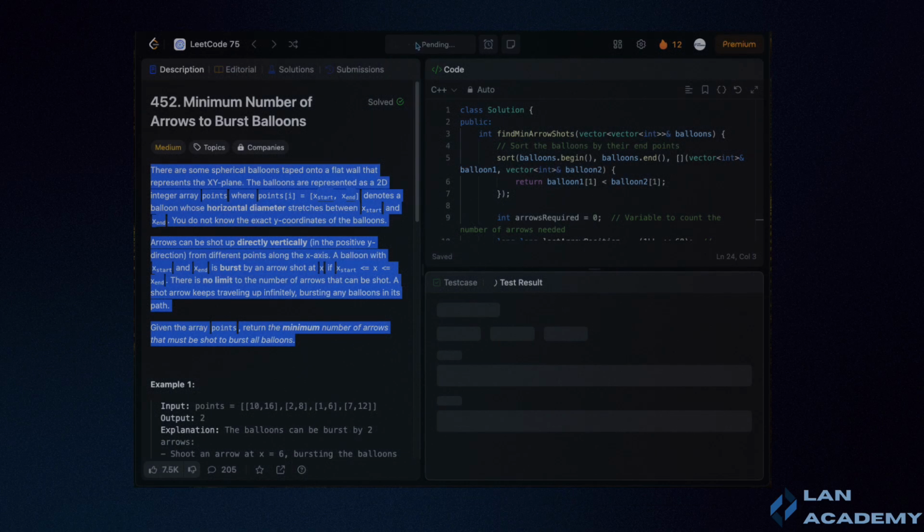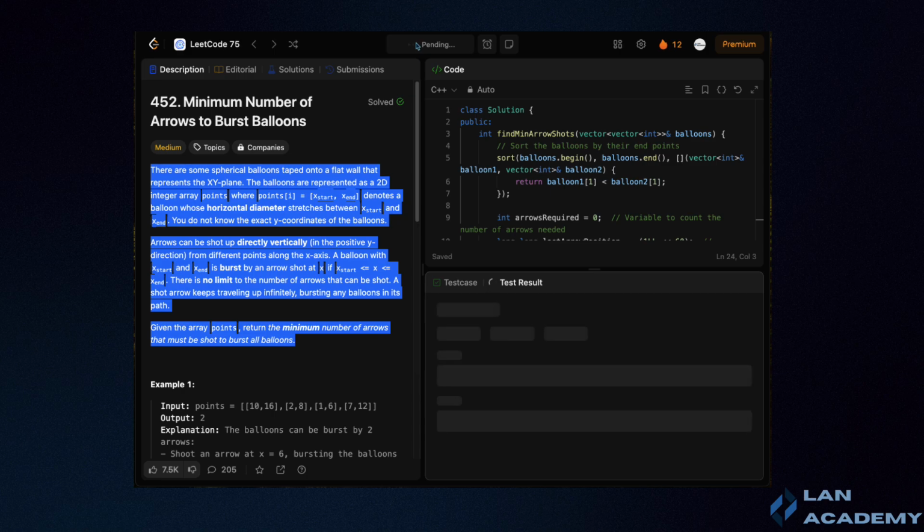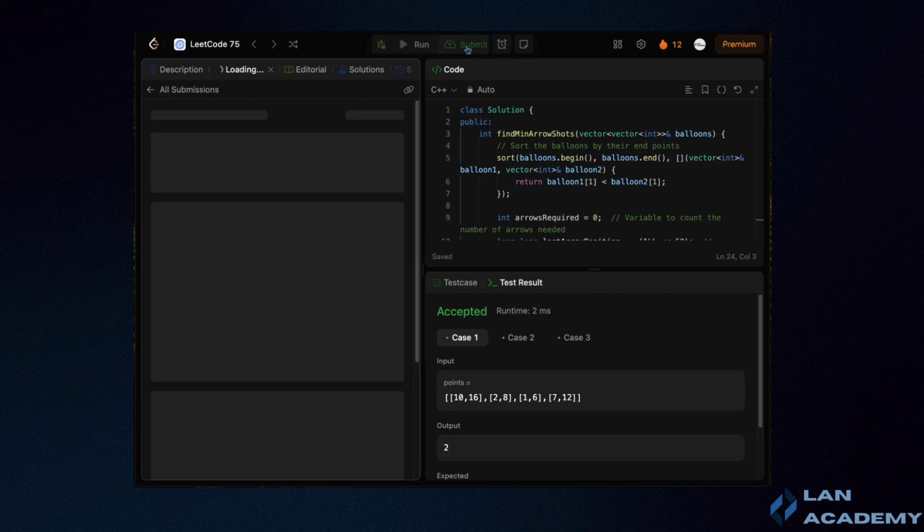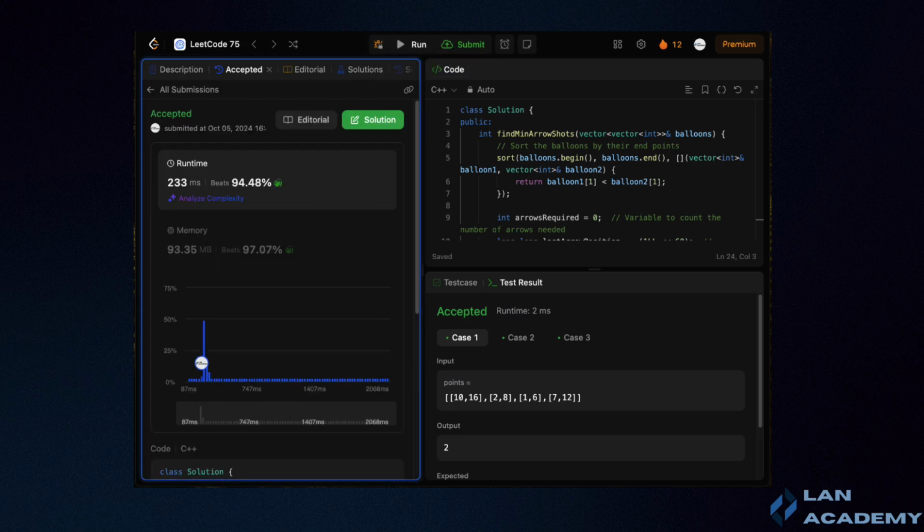To ensure the robustness of the solution, it's important to test the algorithm with various scenarios, including edge cases such as completely overlapping intervals or intervals with significant gaps between them. This testing will confirm that the algorithm consistently calculates the correct and optimal number of arrows needed to burst all the balloons.